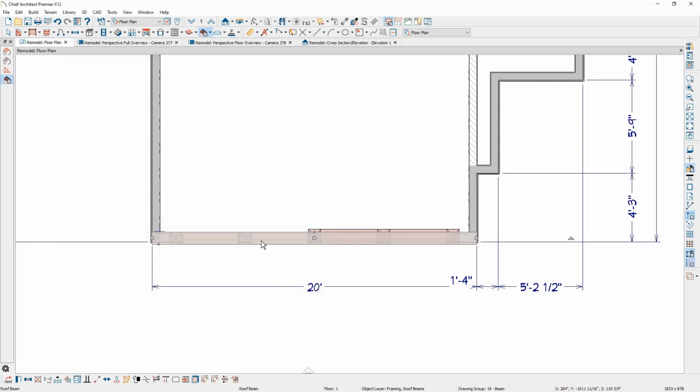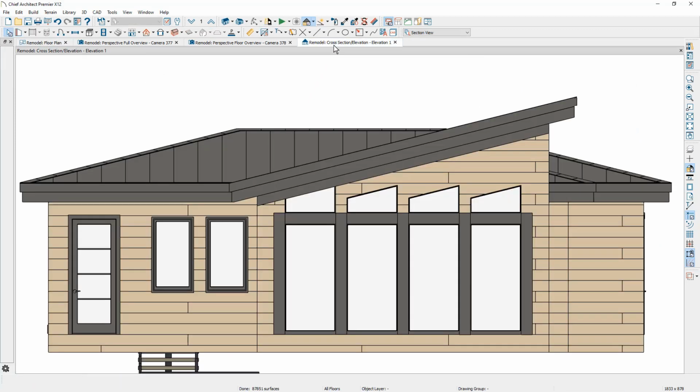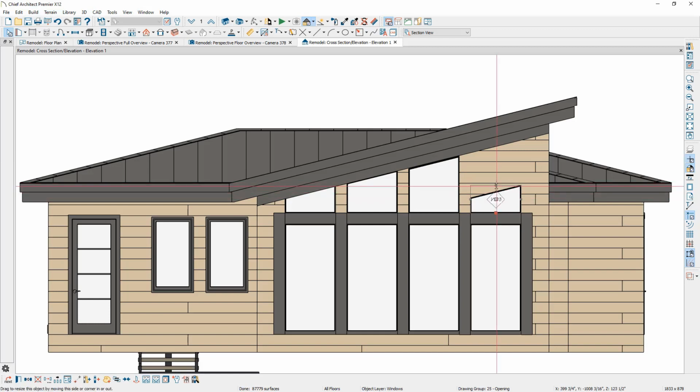When you go back into your elevation view, I have a little bit of busy work to do. I'll just click on each one of these windows, pull it up until it touches that beam. Grab this window again, pull this up. A lot of times I'll have my crosshairs on as I'm doing that. If I toggle those on, it makes it easier to check the alignment of those objects. For the purpose of this video, I'm not going to worry too much about it. Do the same thing for the posts. I'll just pull this up until we see it and then just do the rest of it here pretty quickly.